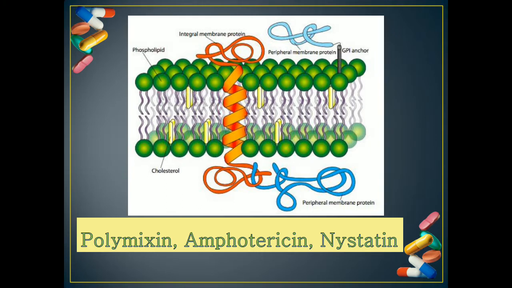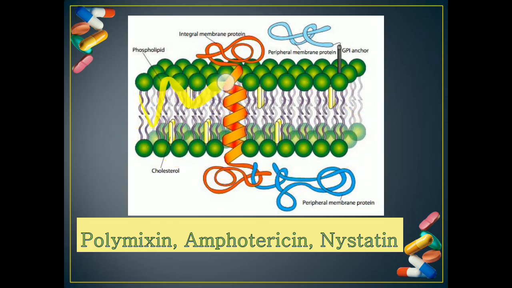So before we talk about which are the antibiotics, you should know what a cell membrane comprises. Whether it is an animal cell membrane, a bacterial cell membrane or even a fungal cell membrane, the cell membrane of every living cell is comprised of phospholipids. These phospholipids are arranged in two layers. That is why it is called a phospholipid bilayer.